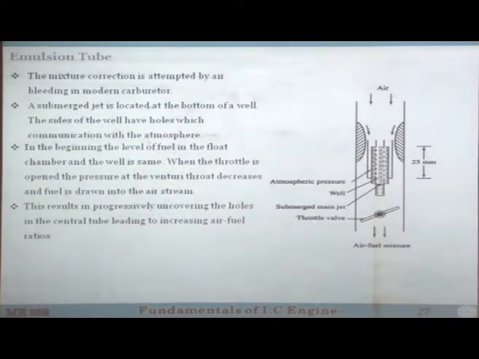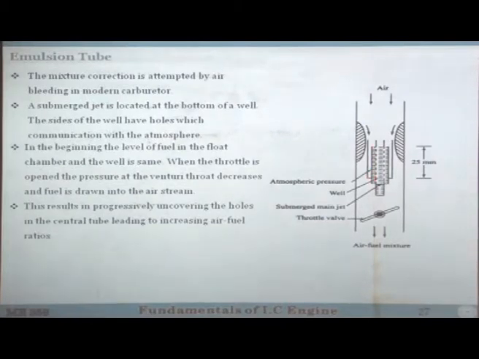The mixture correction is attempted by air bleeding in modern carburetors. A submerged jet is located in the bottom of the well. So, this is the submerged jet. The sides of the well have holes which communicate with the atmosphere, okay. In the beginning, the level of the fuel in the float chamber and the well is the same. So, in the beginning when you are starting, because of the holes there will be the same level,